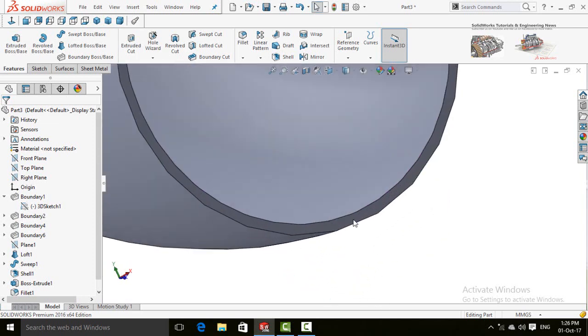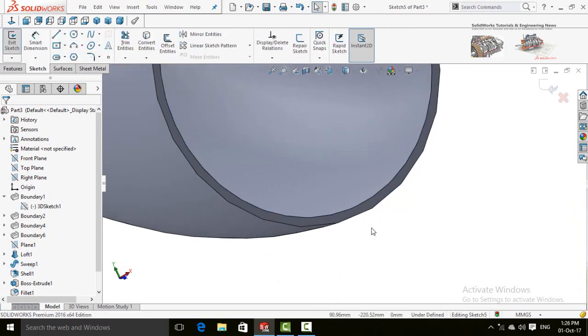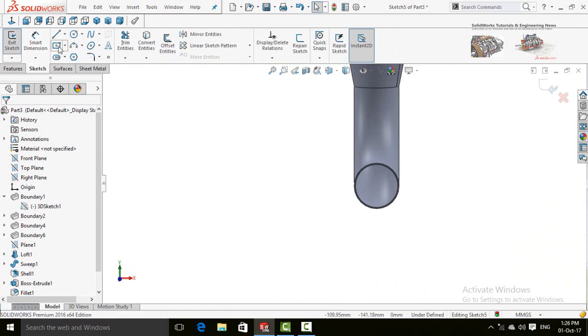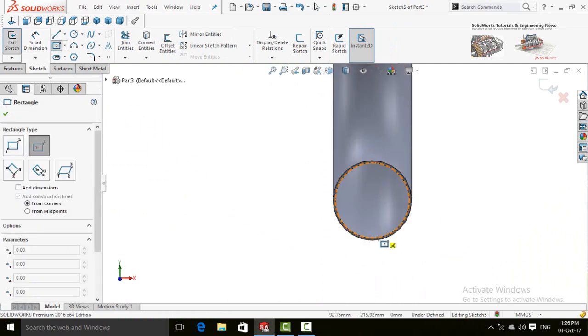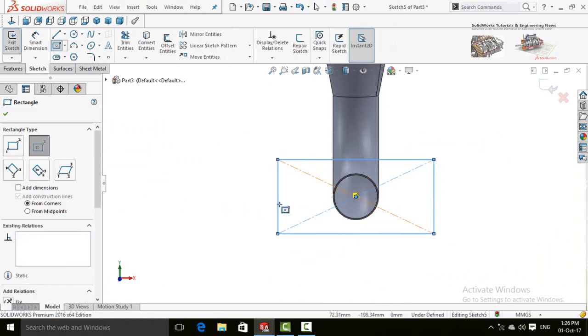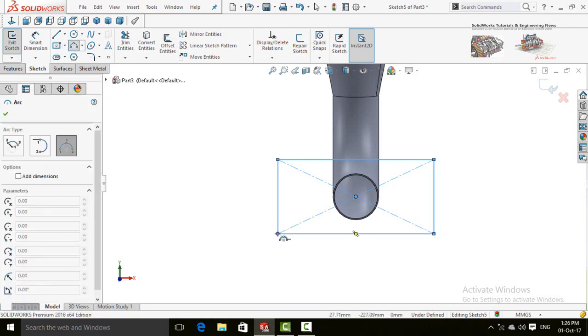Now sketch on this face, make normal to, draw a center point rectangle and start it from this point. Draw a 3-point arc.